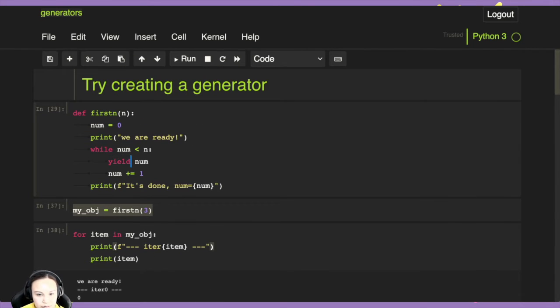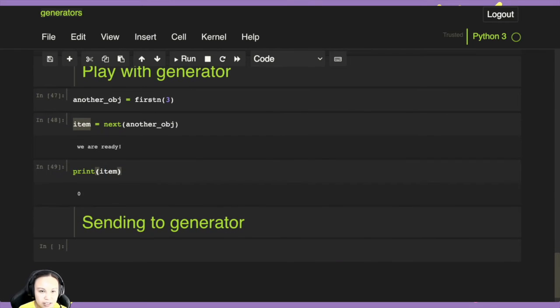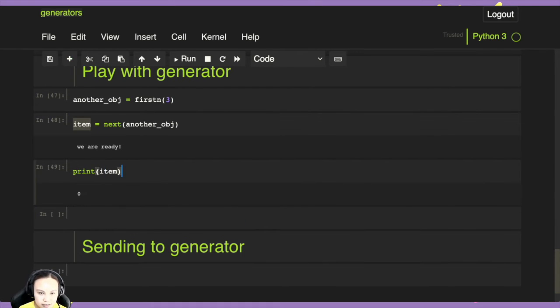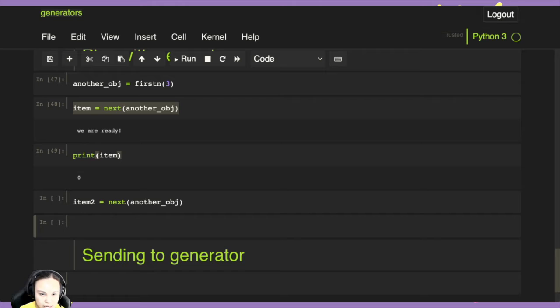So this yield gives you back, it's like returning this num which is 0. But it just holds on there. It just pauses there. And if you call next again, this time we got 0. That's great. And if I do this again, so item, let's call it item 2. So if we do this again,